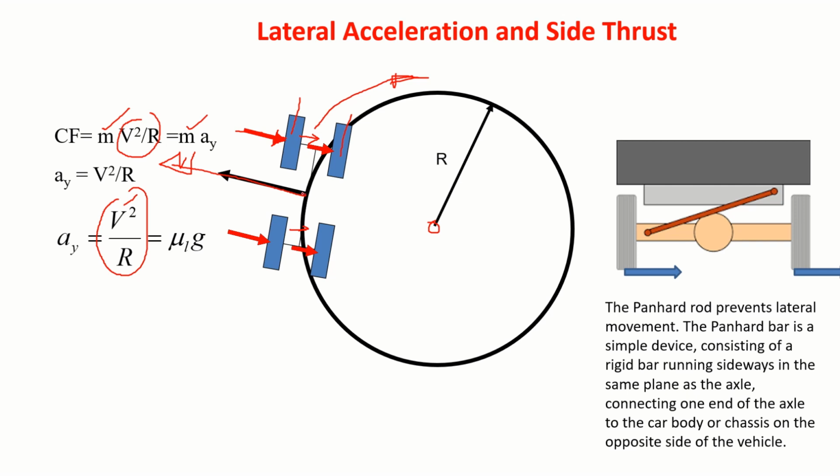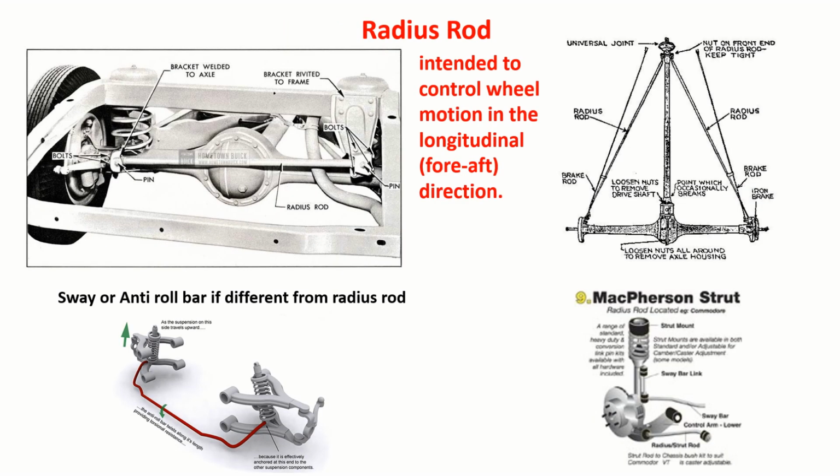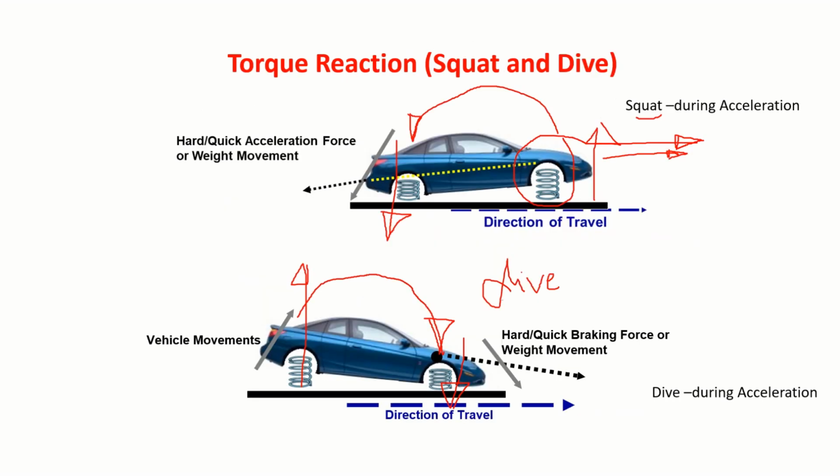Okay, because of the difference in forces, you observe here, there is an opposite force here and this force here. This is what we call it as something like lateral or side thrust. So to reduce the side thrust and all those kinds of things, we put a bar like this. This bar we call it as Panhard rod, to reduce or prevent the lateral movement. Okay, so there are many other ways to do this. This is one of the ways that we do it in trucks, Panhard bar. That's how it takes the side thrust. Correct.